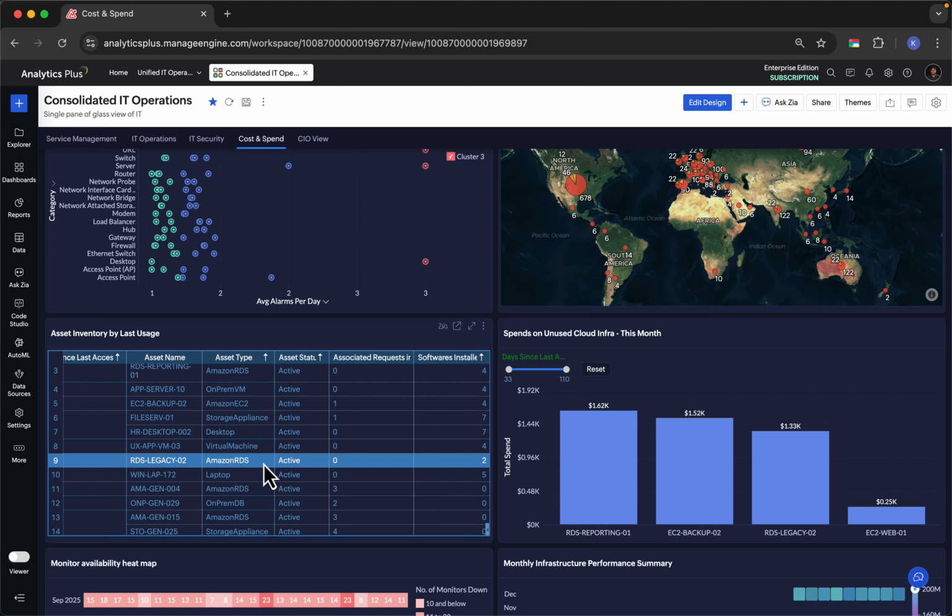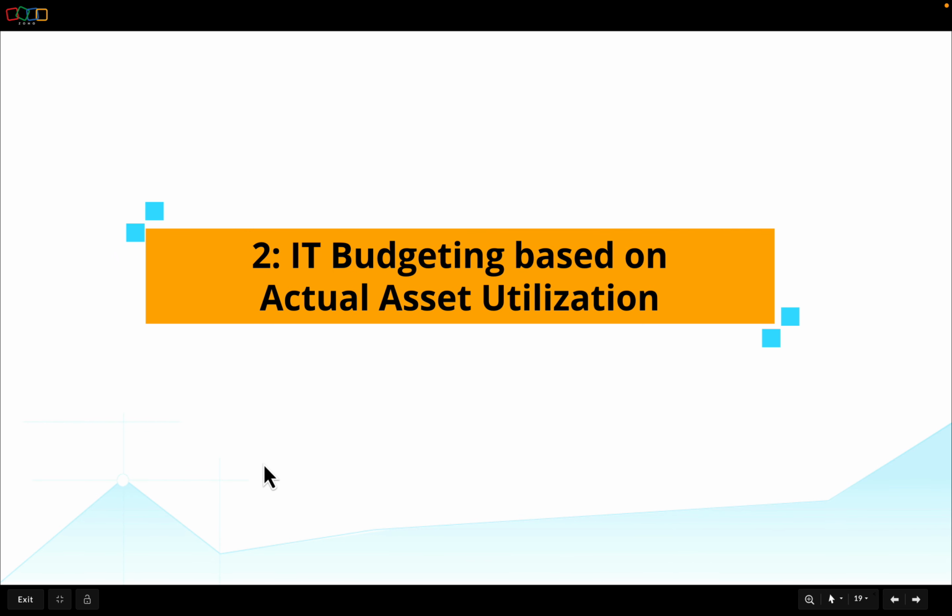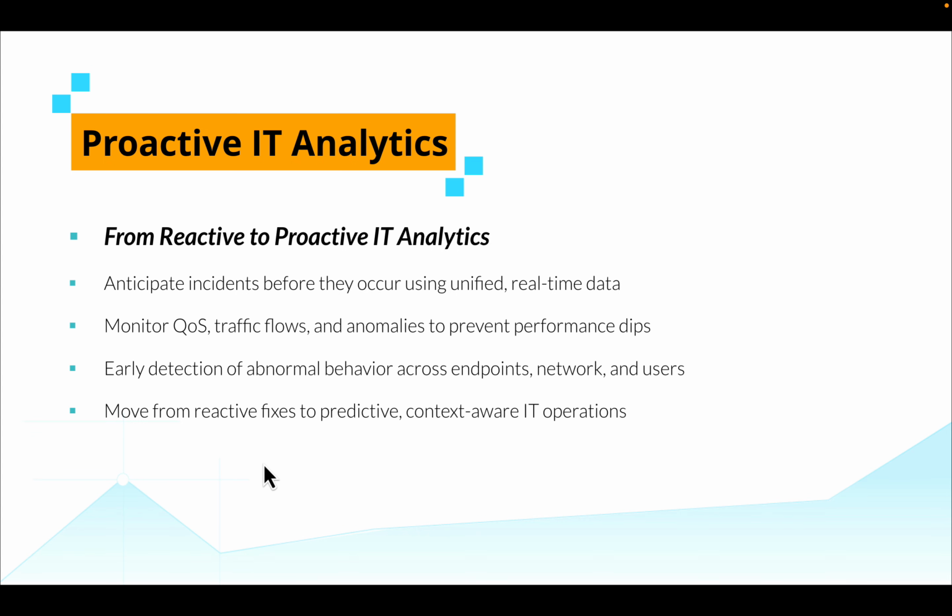And you didn't need to guess. All it took was connecting three systems that you already use: Lansweeper, AWS, Service Desk Plus through Analytics Plus. That's the power of unified IT analytics. Now, while unified analytics may help you connect the dots between past incidents, there's an even more powerful shift happening: